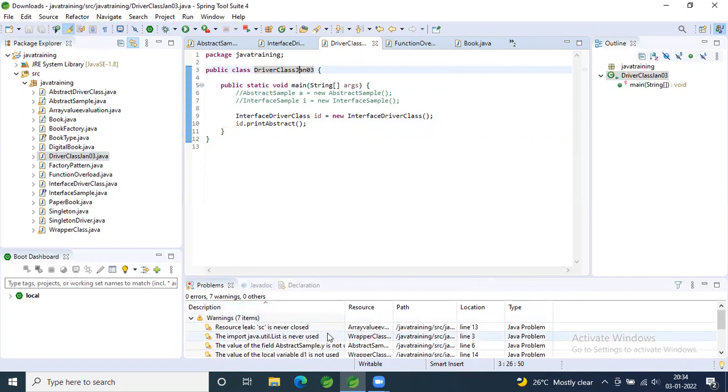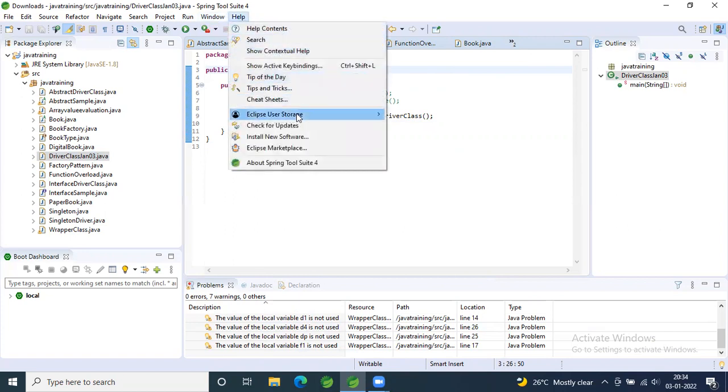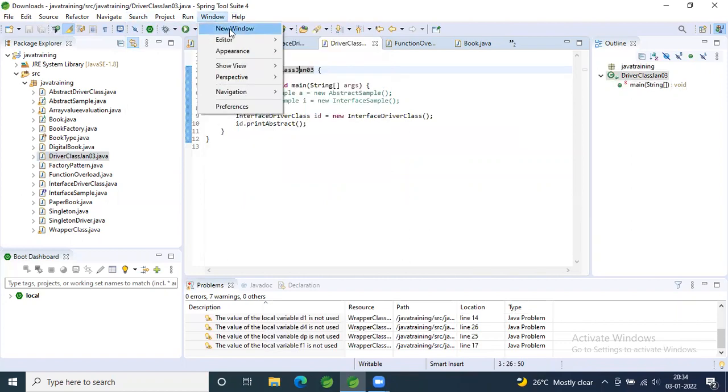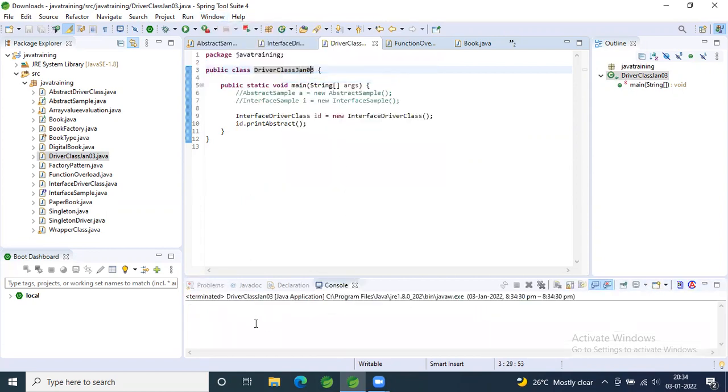I don't think you have the console window open. Go to window, Show view, and console. I think your Java is pointed with JRE instead of JDK. That is the issue.